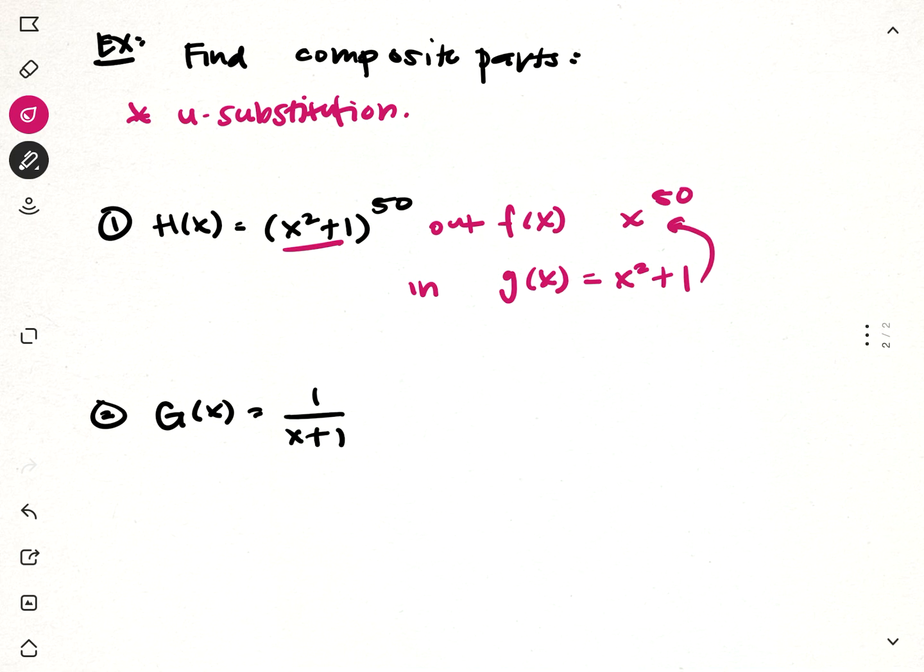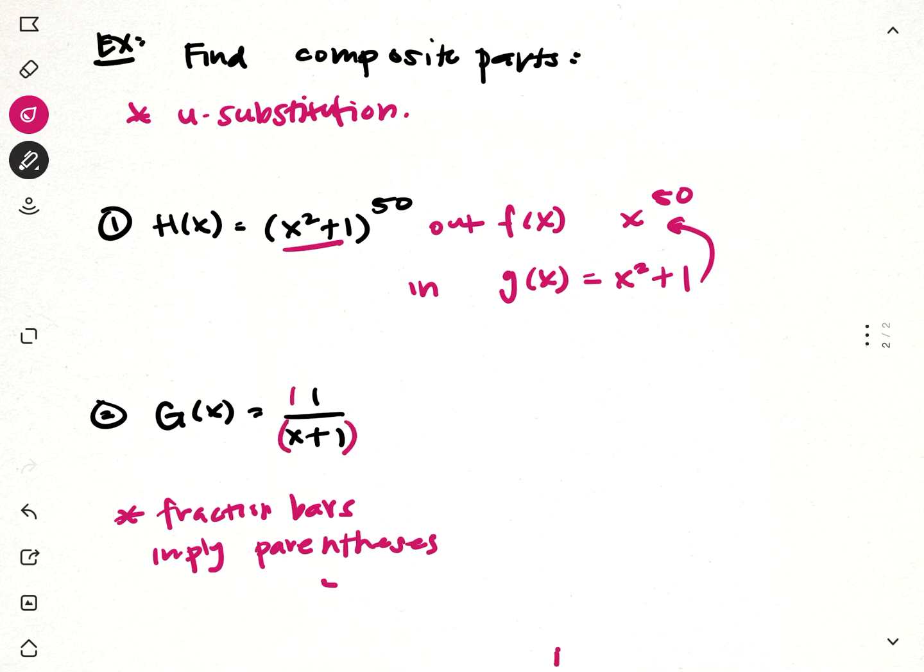All right, so likewise for our g of x equals 1 over x plus 1. Now this one's a little bit trickier, and if you think about it, let's probably write this down: fraction bars imply parentheses, or grouping, whichever way you want to think about it. So really, we're grouping these two things. Now, obviously, we're not going to say that 1 is the inside, because there's no variable there. It's important, but really not important. We're more concerned where the variable is. So the inside here,